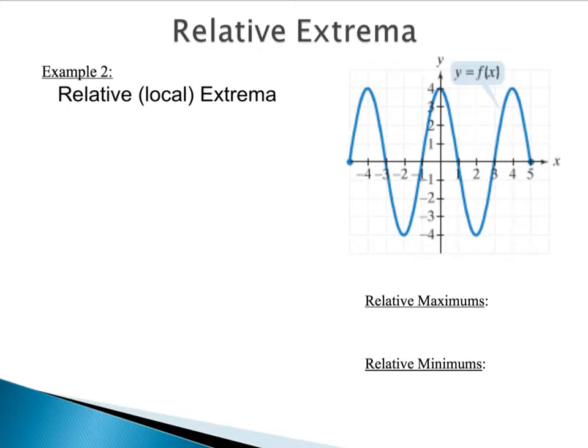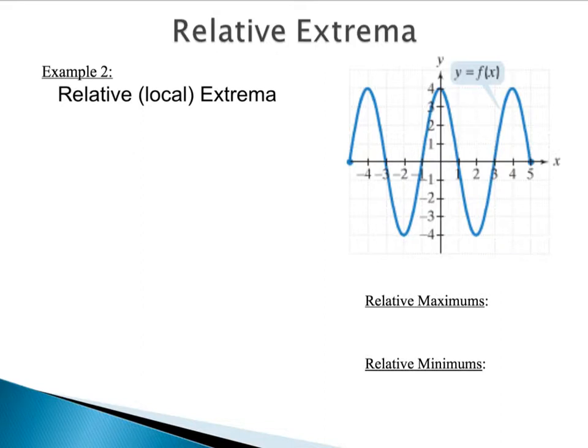So what's important to understand about this is that we're only looking at where the function either goes from increasing to decreasing or from decreasing to increasing. We don't have any local extrema when we're dealing with constants. So there's no local extrema if we're going from increasing to constant, from constant to increasing. There's no local extrema if we're going from decreasing to constant or from constant to decreasing.